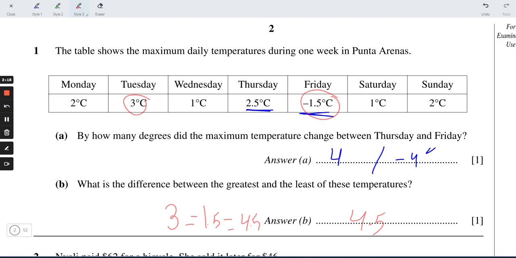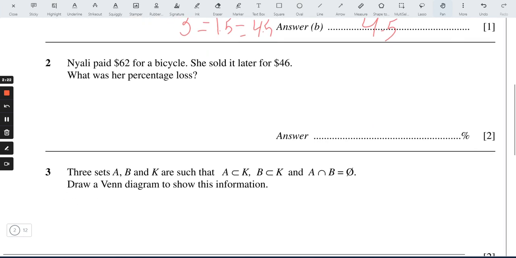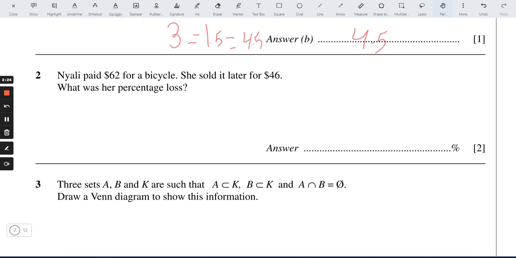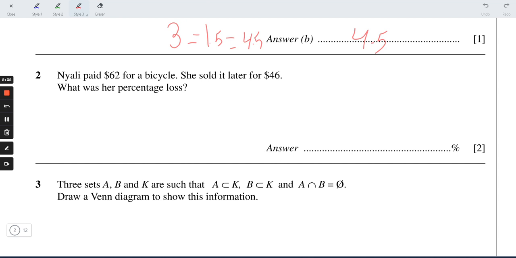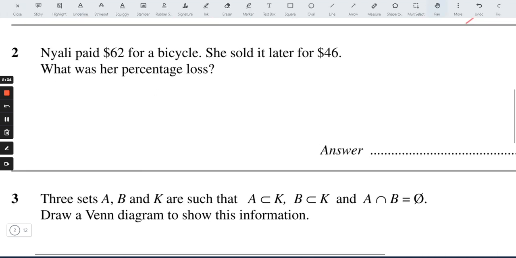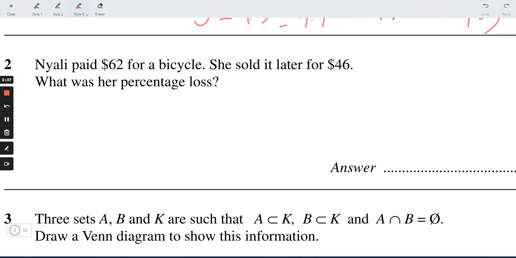Now question 2. Nearly paid $62 for a bicycle. She sold it later for $46. What was her percentage loss? So to find the percentage loss, we have to do the following thing. Subtracting, the percent change